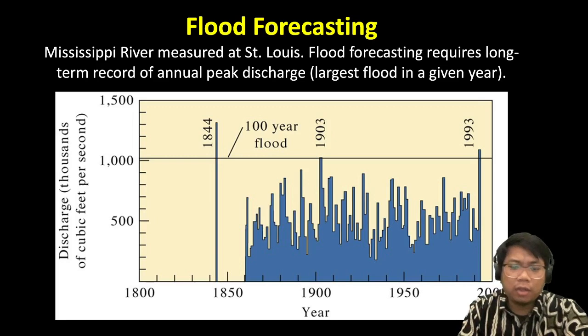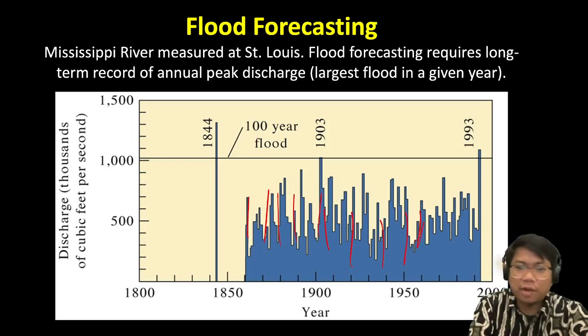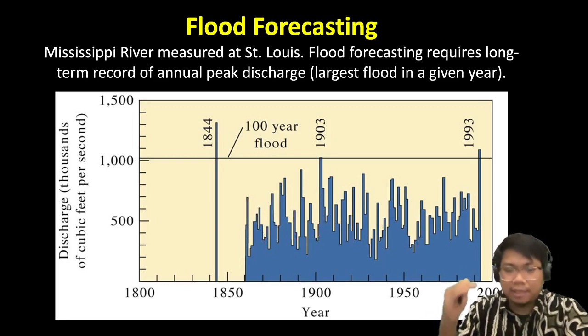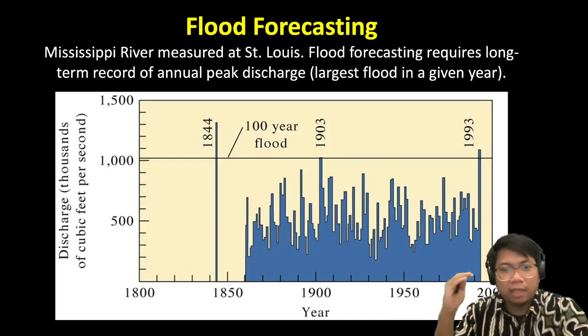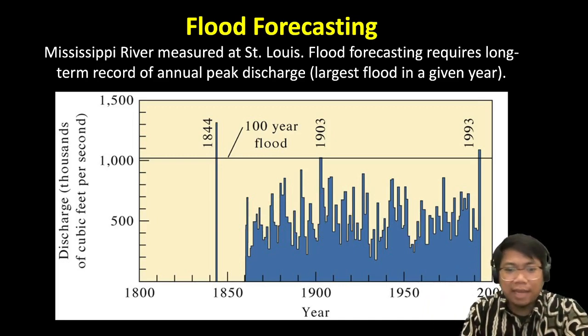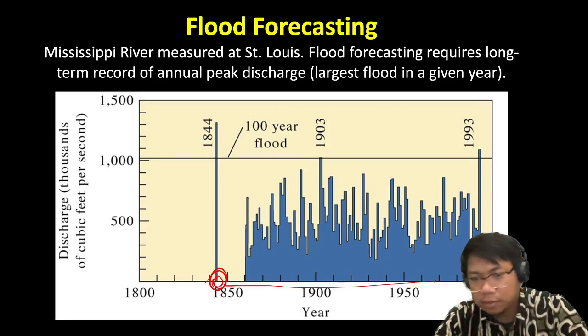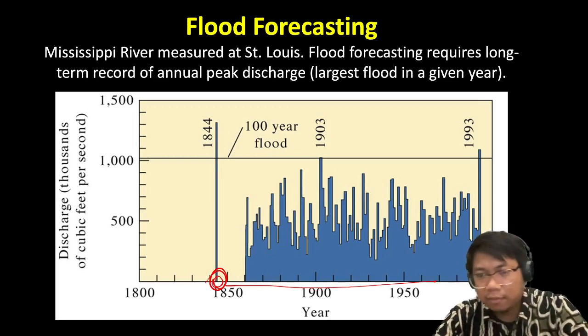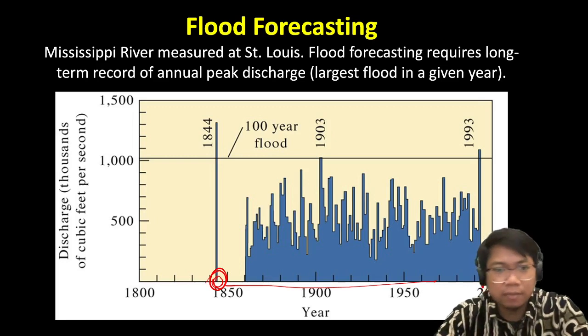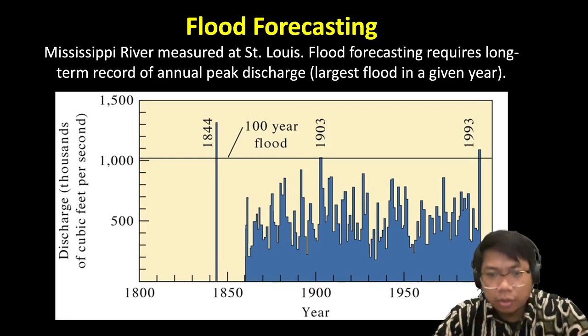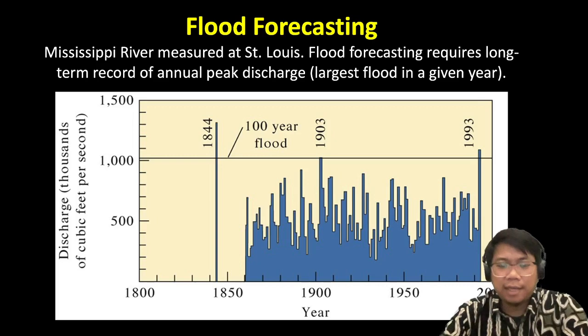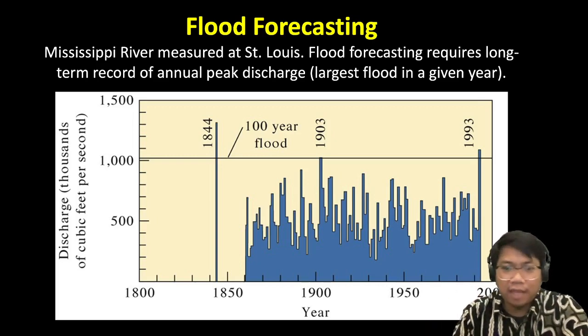So, for example, all the blue bars that you see in this graph represent the peaks of different flooding events that have occurred since 1815, from 1850 all the way to the early 2000s right here. Or it probably looks like the middle 1990s, I believe. All those bars represent different flooding events,